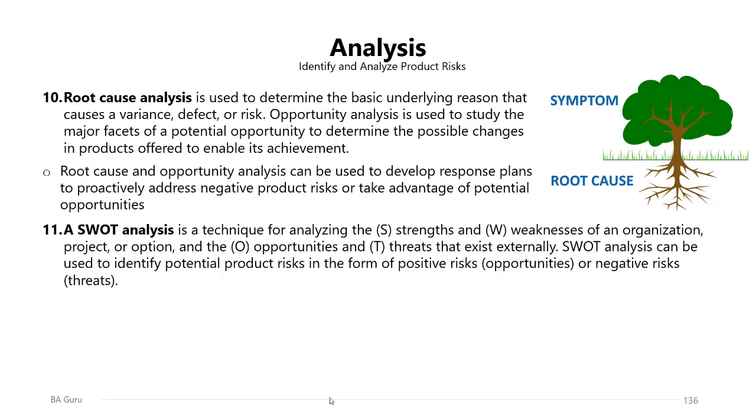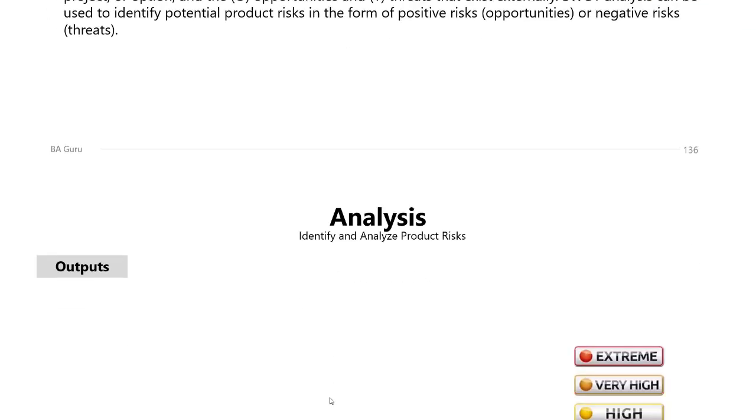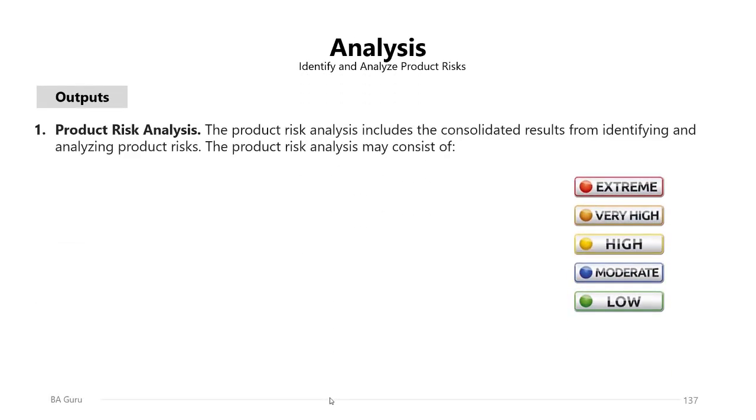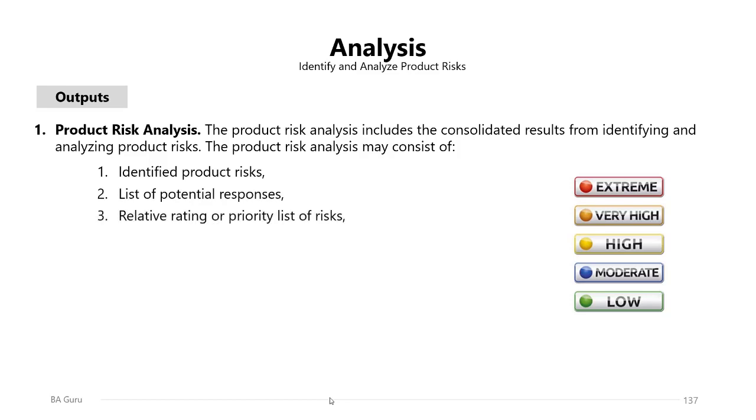So these are the tools and techniques you can use in the identify and analyze product risks. And the key output of this process will be the product risk analysis. The product risk analysis includes the consolidated results from identifying and analyzing the product risks using all the previously mentioned tools and techniques. And usually the product risk analysis will consist of the identified product risks, list of potential responses for the identified risks, relative rating or priority list of the risks,